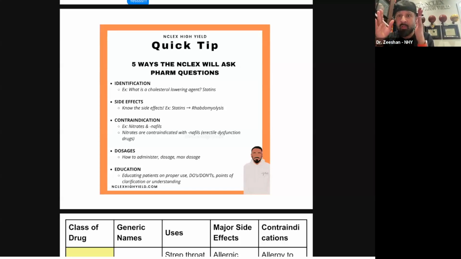These are the only ways that I can ask a Pharm question. And if I'm asking you about Pharm, you shouldn't memorize Pharm as an entire subject. You should look at Pharm system by system. Oh, this is a cardio drug. Oh, this is a renal drug. Oh, this is heart failure. Whatever the situation is, learn it that way so you can associate it with that specific disease process, pathology, that situation.